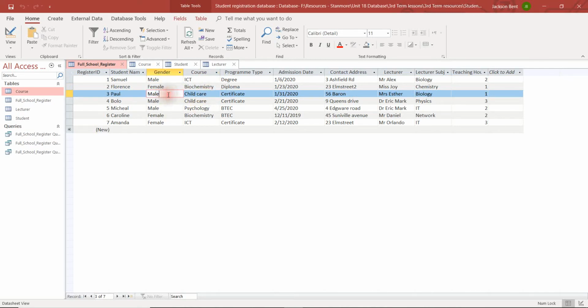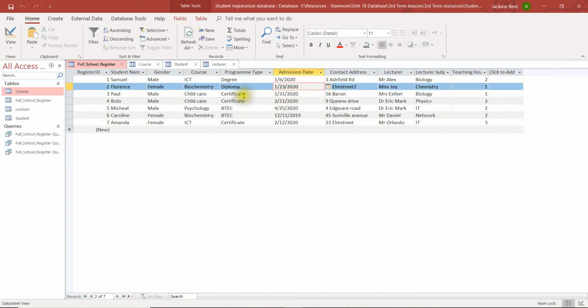So any rule you can apply, but just make sure that you show how to use it and the error that comes up if somebody disobeys the rule, or the person entering the data disobeys the rule, what is the information that comes up. You will notice that all of these drop downs here, it cannot happen unless there